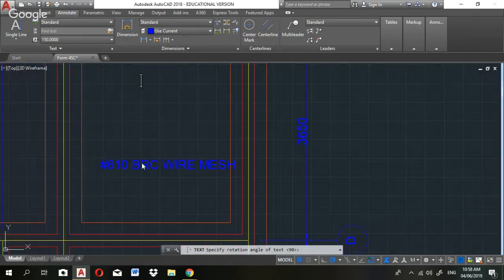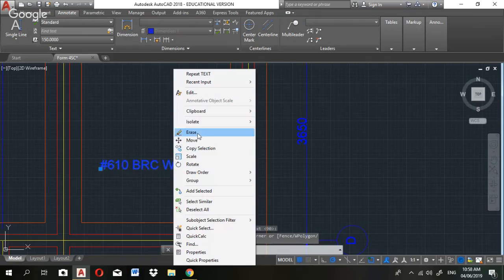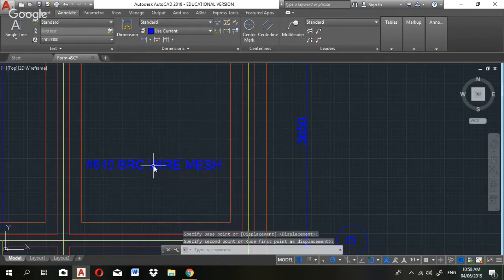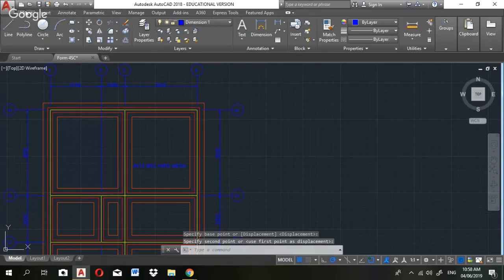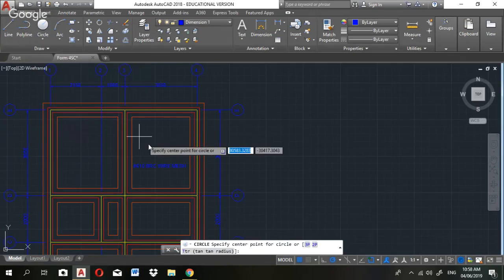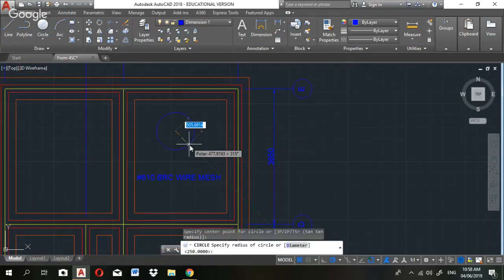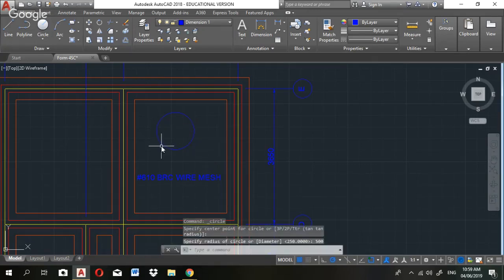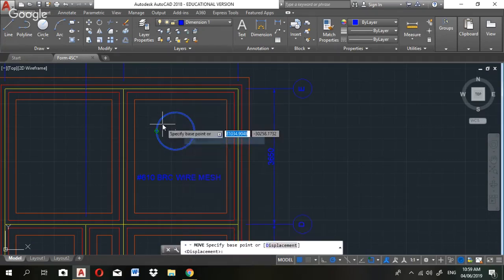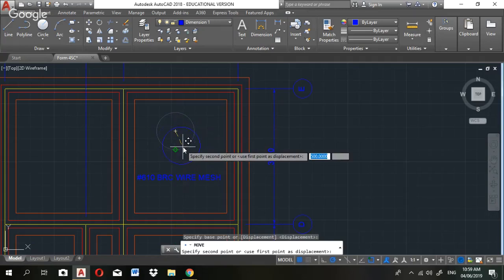It's basically the size of wire mesh you should use for the foundation footing. We're going to move it within the center of the space, and then create a circle using the center radius. Select the center, bring it out. We're going to type in 500 for the radius, so that means the diameter is 1000. We're going to move it out a bit lower